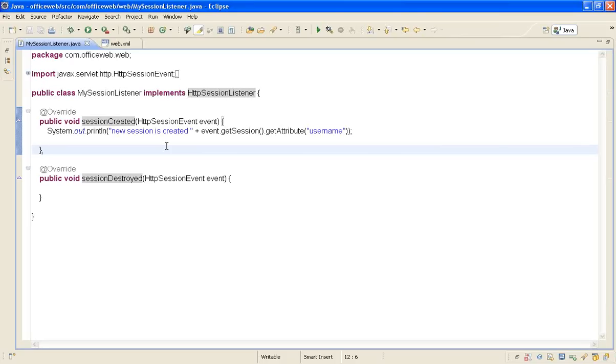to happen. This is something like when you click on a button, your button click event handler gets triggered, right? So in a Swing application, similarly, when a session is created, you want to do something. When a session is destroyed, you want to do something. So for that purpose, you can use HTTP session listener, or even